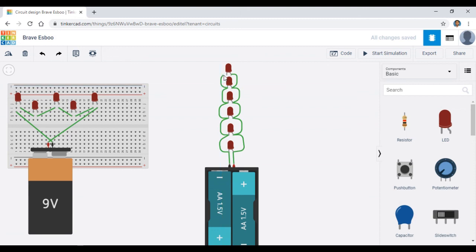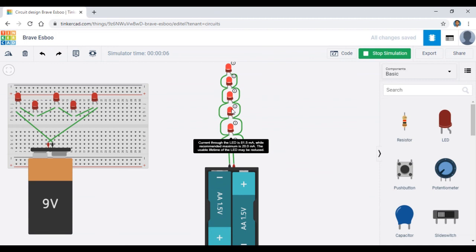So here I connected the 6th one also. I'm going to start the simulation. All the LEDs are glowing equally. All the LEDs are receiving the 3 volt supply. Here all the LEDs are receiving 1.8 volts, and here all the LEDs are receiving 3 volts. Means in series circuits the voltage will be divided, but in parallel circuits the voltage is not divided and is supplied to all the LEDs equally, that is 3 volts.